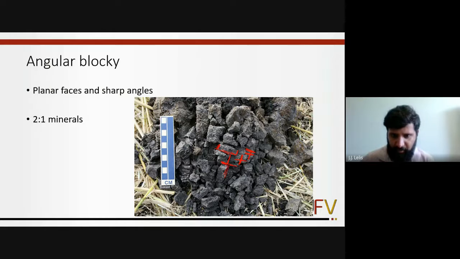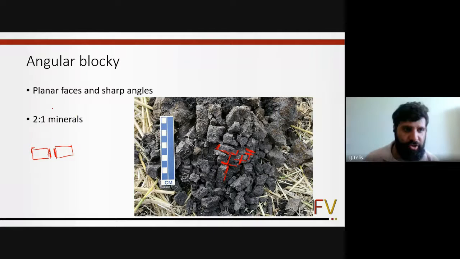Here, you can always see materials that have this kind of description. They present sharp angles and generally planar faces. Faces can be touched by another pad, okay? This kind of structure is very common in